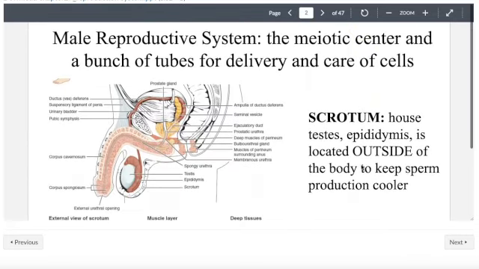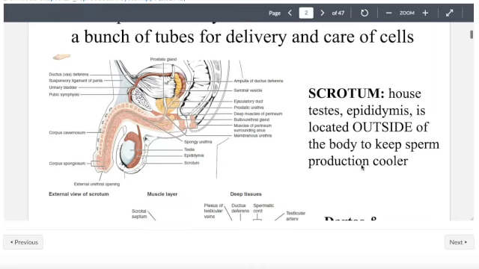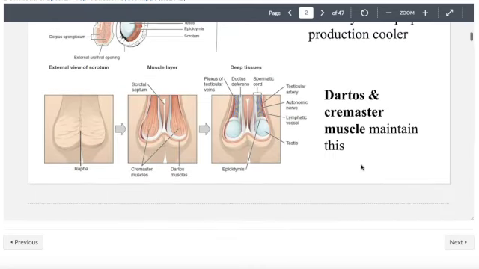So this is the male reproductive system. Let's start with the scrotum. On the outside of the scrotum, there's something called a raphe. It's just a raised thickness on the surface. There are 2 muscles here. The dartos muscle forms the pouch, and then it forms the scrotal septum. And then the cremaster muscle, which is right here, is like a net